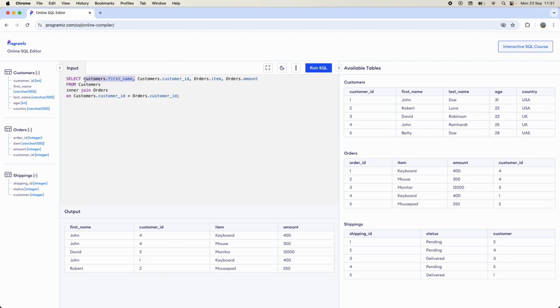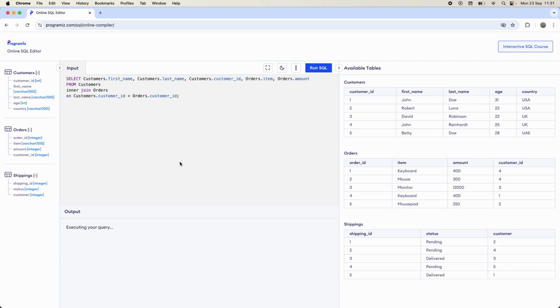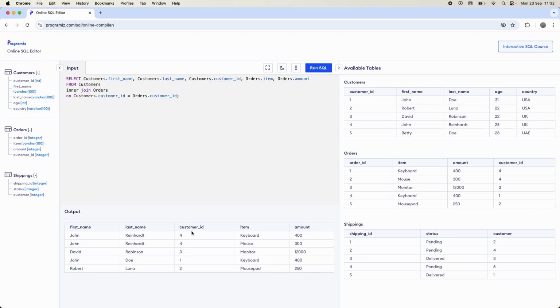Let's just quickly add surname, just to make it slightly less confusing. Last name, and we run this, and we can see John Reinhardt has ordered a keyboard and a mouse, David Robinson a monitor, John Doe a keyboard, and Rupert Lorna a mousepad. Remember, it's inner join, and you need to have a key that has the identification of the